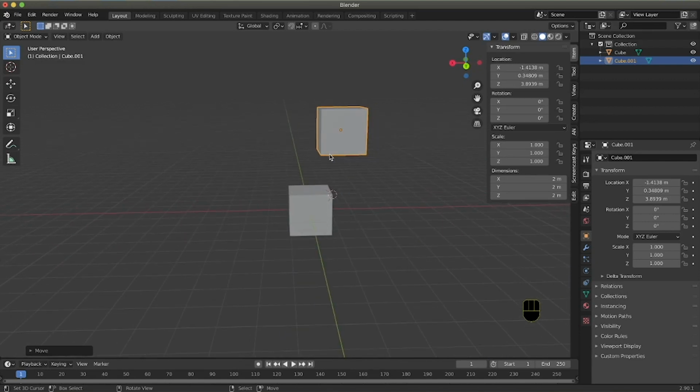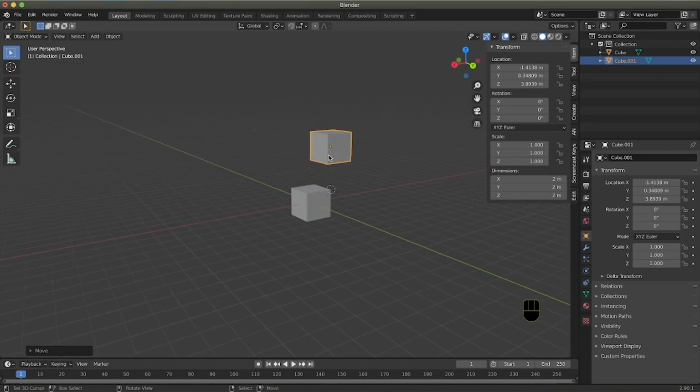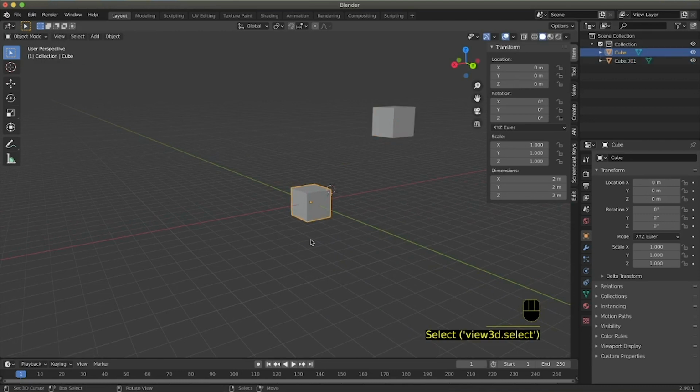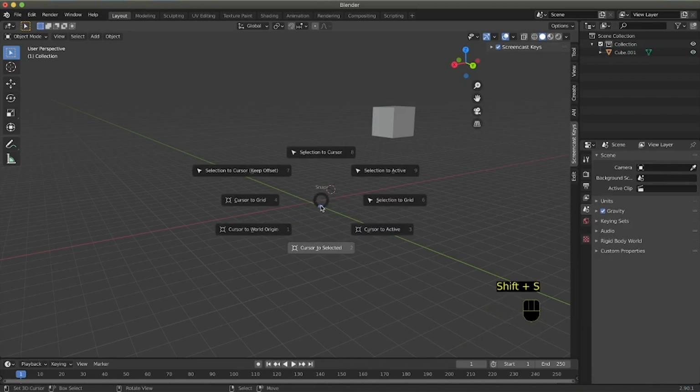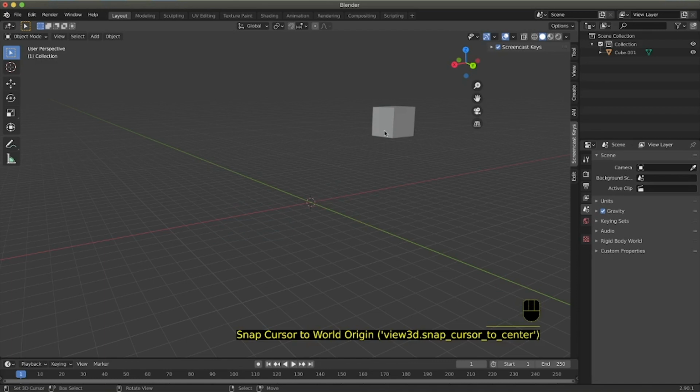So from now on I will say grab. If I press G, I can grab an object, but let's say that first I want to delete this cube. So how do we delete? X, delete. Then I want the 3D cursor at the center, so Shift S, Cursor to World Origin.